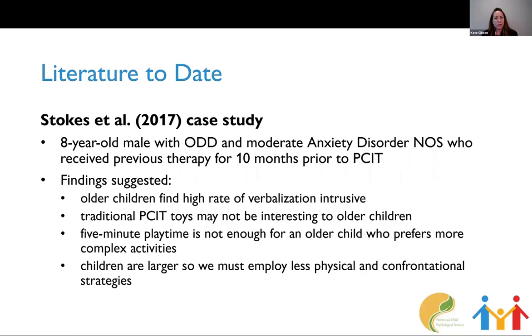If you just advance to the next one, the next two case studies are approaches that ended up using the adaptation that we're going to talk about today, which comes from chapter 10 in the Parent-Child Interaction Therapy book, this one that we know and love, on older children. This case study was with an 8-year-old and actually started out with standard CDI. And when challenges presented in using standard CDI, they went to chapter 10 from this book and decided to use this adaptation in the middle of CDI and then going into PDI.